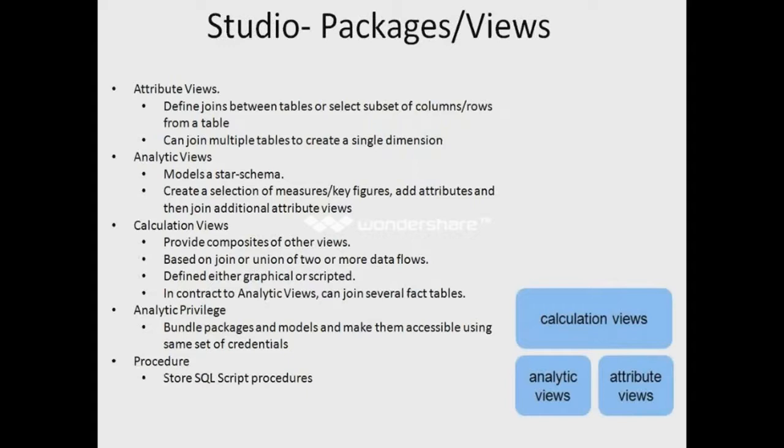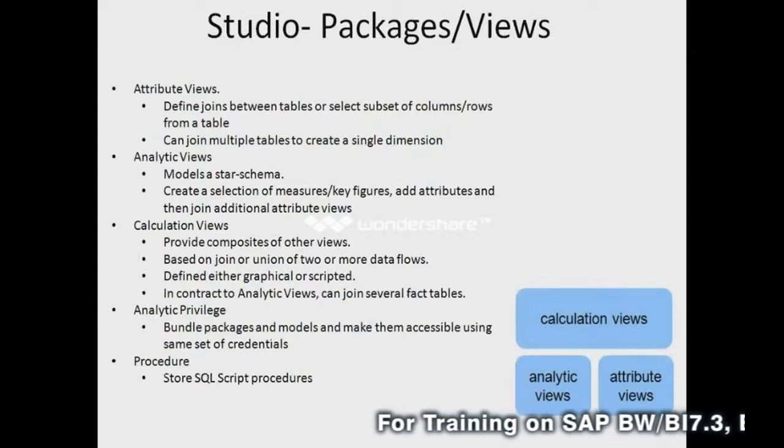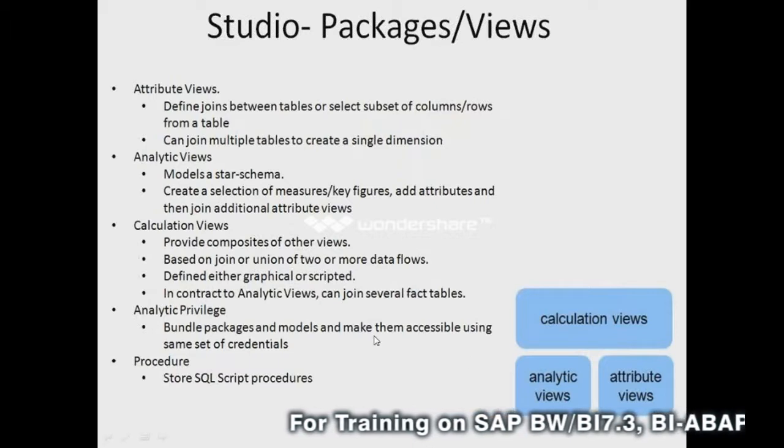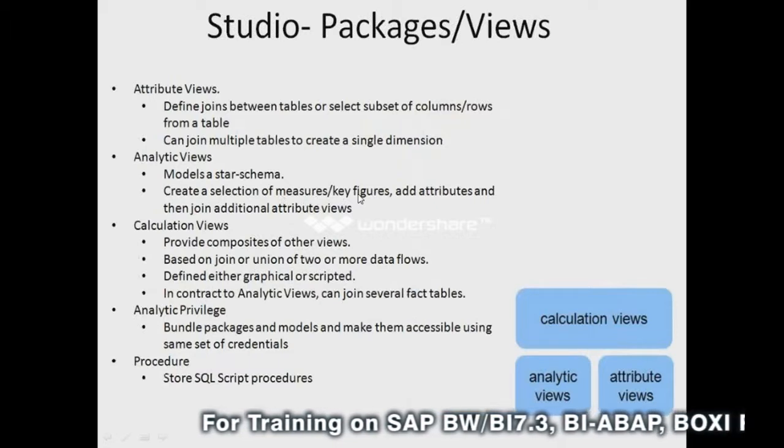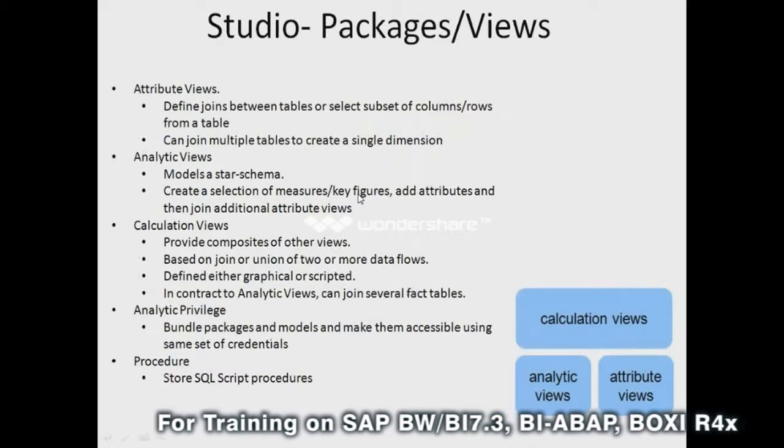This is the look and feel of HANA Studio, and this is how any attribute view will look. This is the data foundation where we will add all the required master data tables, and this is how we will join everything, establishing the relation between the tables. In this slide, this is the product table, this is the product attribute table, and this is the time dimension table or time attribute table. And this is one more product table which will contain more details of the product.